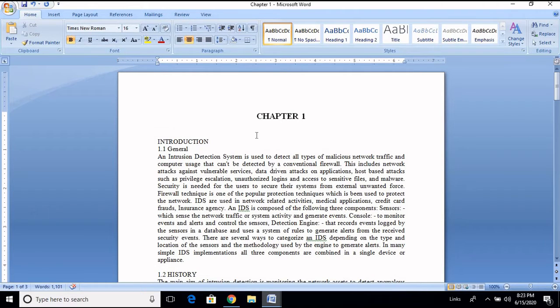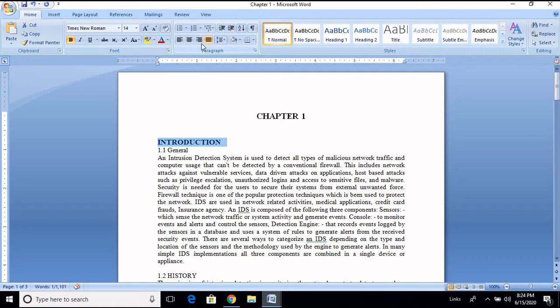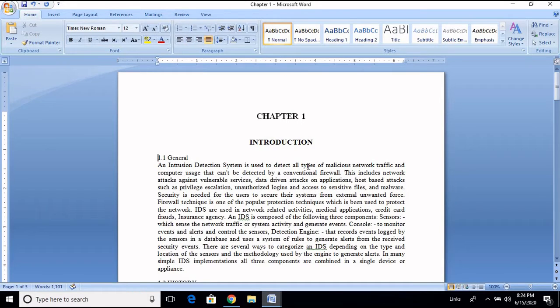Press enter. After this, the chapter name. So chapter 1 contains the name, and the name of the chapter is introduction. So again I am going to select this. Introduction happens to be the name of the chapter. I am going to make it bold. Here the size needs to be 14. I am going to change it to 14 and again bring it to the center. So it has come.